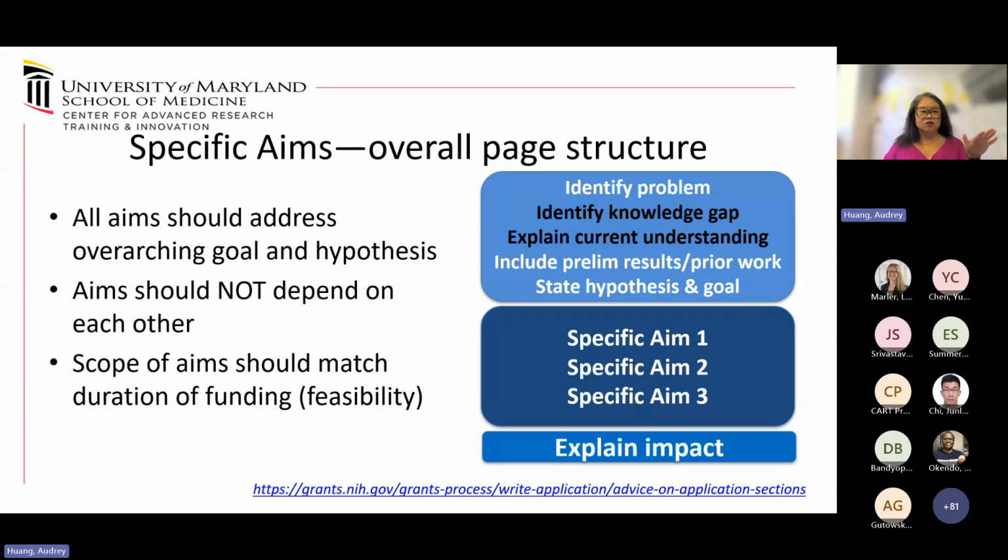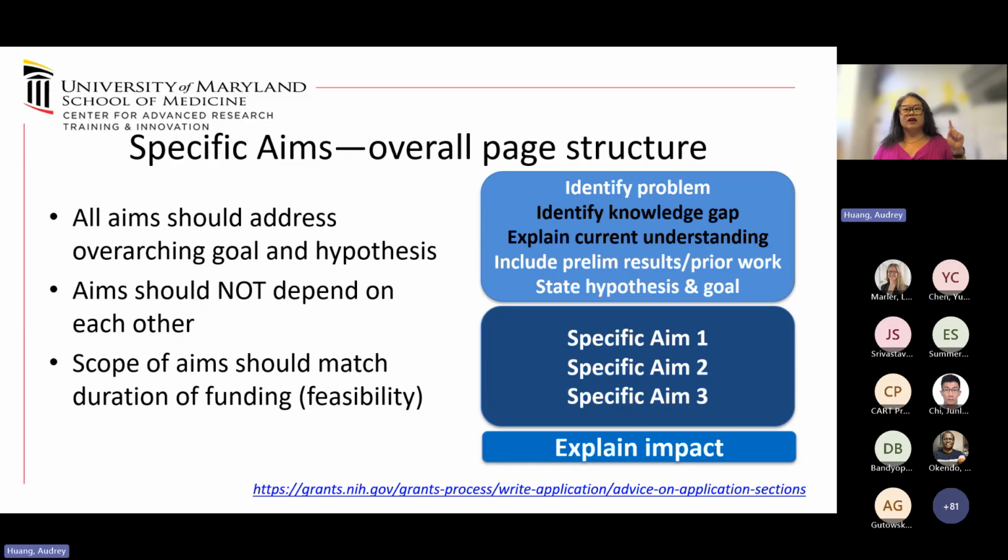Your aims should never depend on each other. So you should not say, I'm going to do specific aim 1, and depending on those results, if those results turn out the way I want them to turn out, then we will use those results in specific aim 2. Because chances are you're not going to get the results that you want in specific aim 1, which negates the rest of your specific aims, and then your whole thing is null, and that will likely get rejected, quite honestly. So if you're going on a fishing expedition, do it in specific aim 3 and keep 1 and 2 for answering very specific questions. So they should never depend on each other.